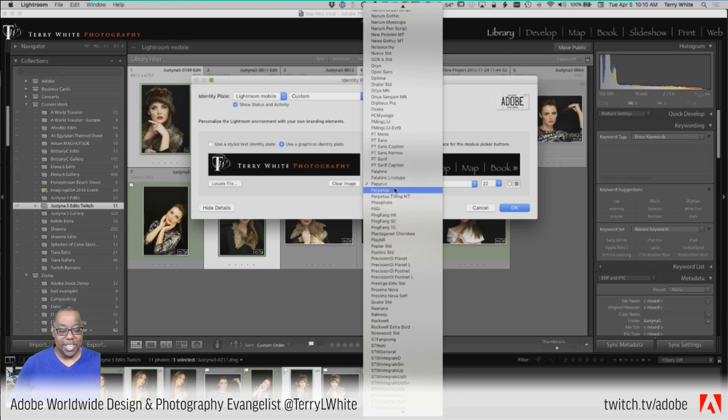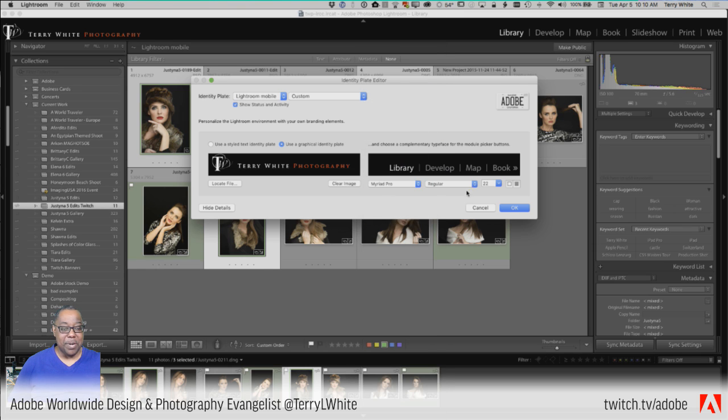And if you ever get lost and say, oh my God, I don't like what I chose, how do I get back? Just know that they were in Myriad Pro to begin with. But you can change that to whatever font, whatever size you have installed, and whatever color. You can even choose the color of those modules for when they're active and when they're not active. You can set that up as well.